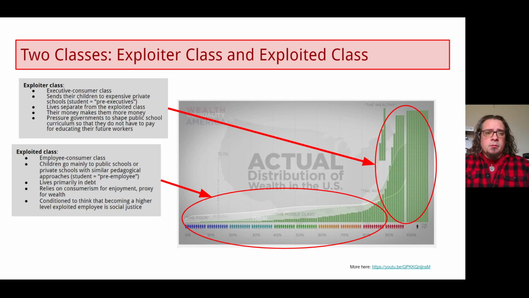Their money makes more money. They don't have debt. In fact, they're in the reverse trajectory, which is that they have so much money that it just ends up making them more money. If they quit their job that day, they would still end up making more money every single day. They don't have to work, right? They work for status. That's really what they're working for. The wealth is a form of status.